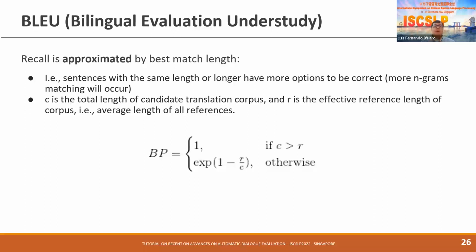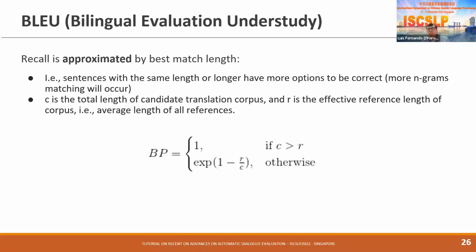So in this case, one of the problems with BLEU is that recall is only approximated. There is no way to measure recall in BLEU; we are just measuring precision. However, in order to consider recall, what they say is, okay, let's consider that sentences with the same length or longer will have more options to be correct. So somehow we try to keep sentences that are longer